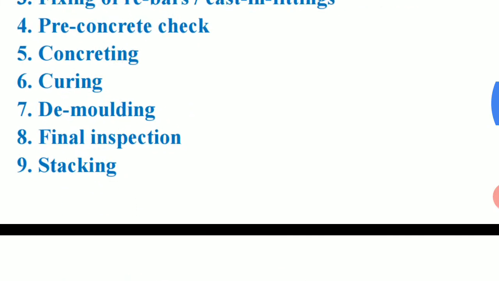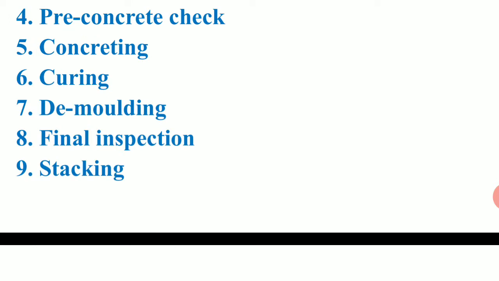And then the pre-concrete check. So basically the type of concrete used in the prefabrication system is self compacting concrete. Why we are going to use this self compacting concrete is because we need to complete the work in an earlier time, and the reinforcements we are going to have in the particular structural elements are much thicker. So self compacting concrete is better to finish that entire work. It is difficult to go for the compaction process in the thicker parts of the reinforcements.